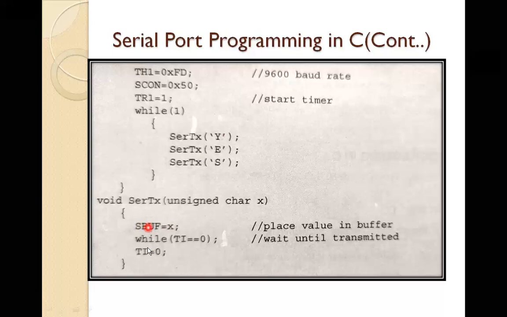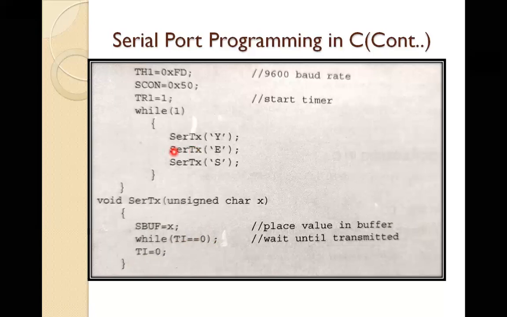Wait until we transmit all the bits, using this continuous checking loop, that is while TI equal to 0, and this has to be there to wait for this. So this indicates waiting here. Once TI equal to 1, then it executes the next task. Otherwise, through this semicolon, it rotates on this line only. Then TI equal to 0 for transmitting the next character also. Then the closing bracket.